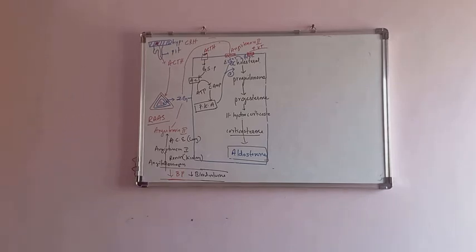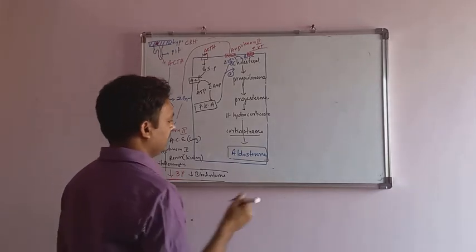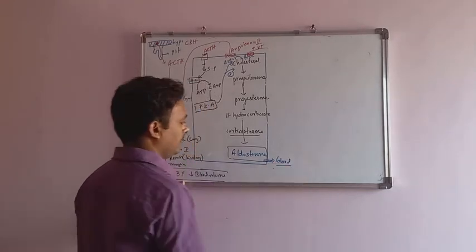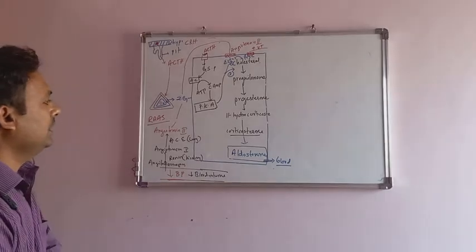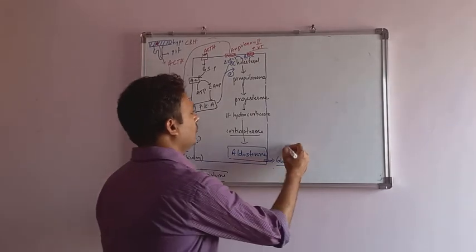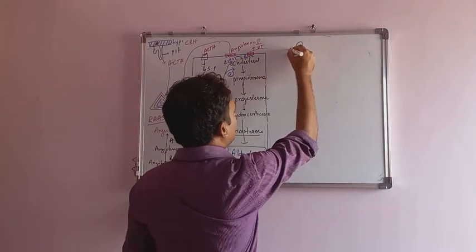Right. Next part is, as the aldosterone is secreted, it comes into the blood. As it comes into the blood, it goes and acts on the kidney. In the kidney,